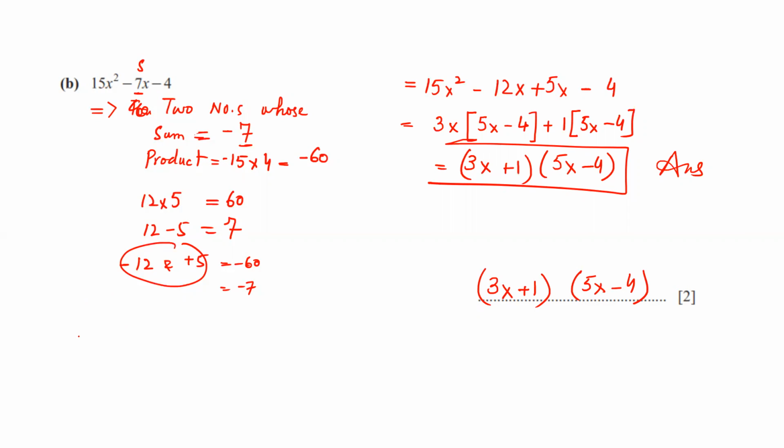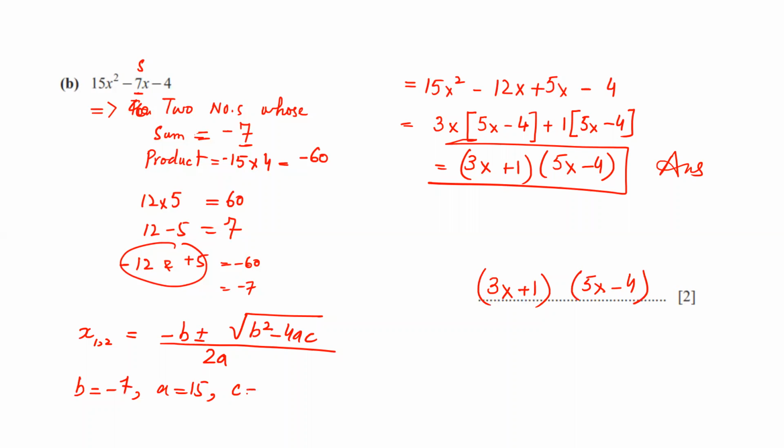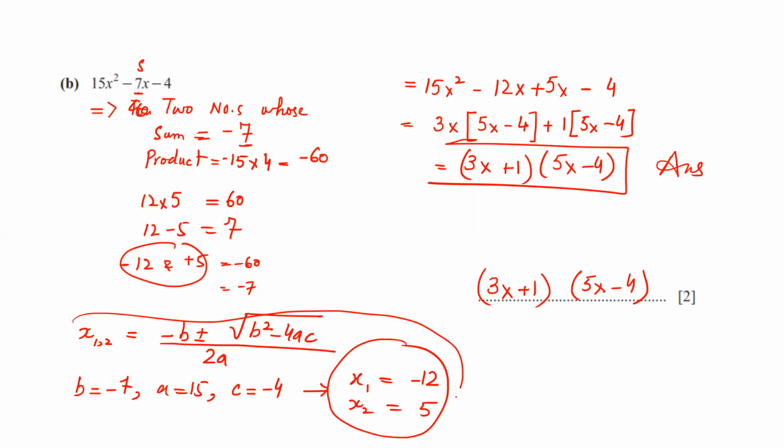So this is x squared. The quadratic formula for the roots x1, x2 is equal to minus b plus minus the square root of b squared minus 4ac, over 2a. In this case, your b value is -7, your a value is 15, and your c value is -4. Put in these values and you will get x1 equal to -12 and x2 equal to 5. Okay, so you can use this quadratic formula as well,